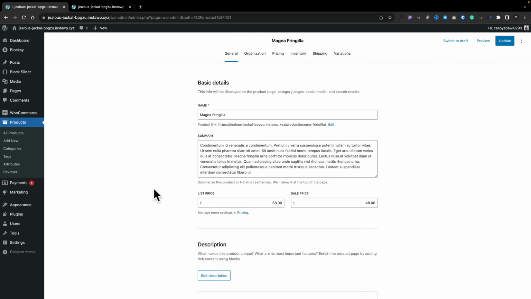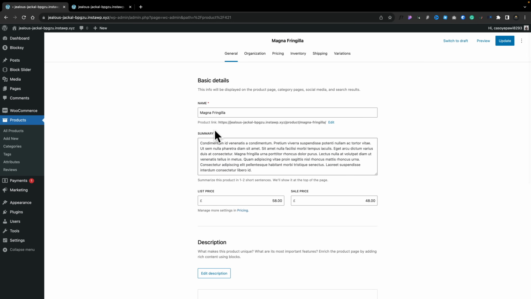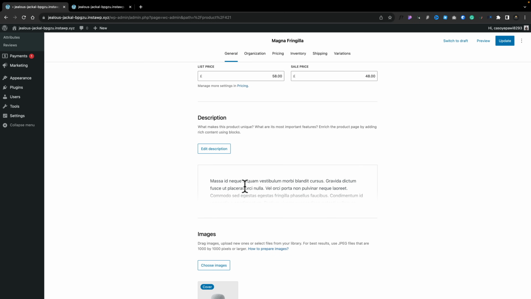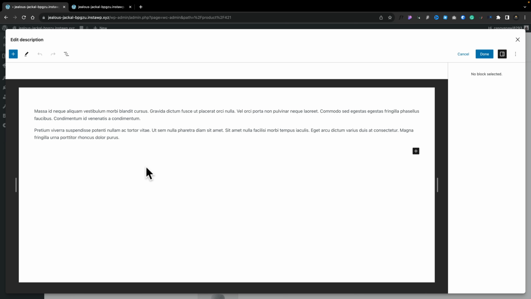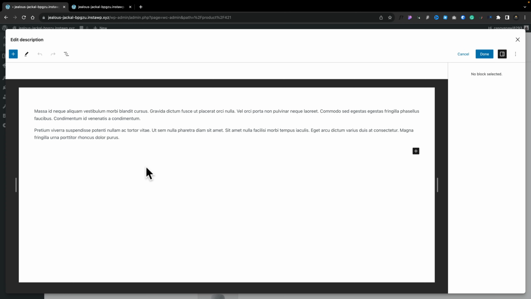Now, everything you're used to is still here, but it does operate in a fundamentally different way. Plus, we have some extra features. So you can still drop in your name, summary, list price, sales price, and so on. But the first change we're going to see is under the description section. You'll see that we've got this kind of marginal section showing us the opening sentence or two of our description. And if we edit this, we now get a distraction-free editor, a little bit more akin to full-site editing. But the main thing I want to draw your attention to is now we have access